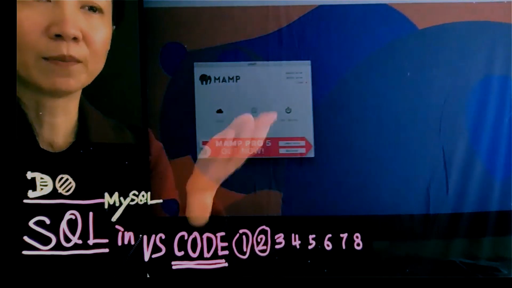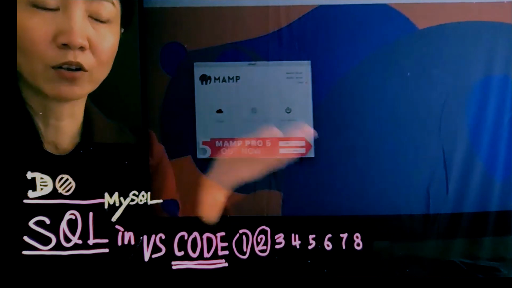If you use macOS, you can install MAMP. MAMP is a free local server environment, which can be installed on macOS and Windows with just a few clicks. MAMP has an Apache server, which is a web server, and a MySQL server. The MySQL server contains a variant of MySQL, which is MariaDB. So once you have MAMP installed on your computer, you can start the servers.